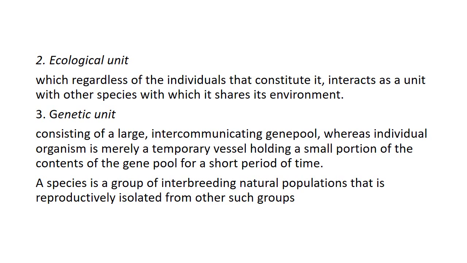We can take an example of the finches which were found by Darwin in Galapagos Island. There were 14 different species, and they had their own ecological unit because they were reproductively isolated because of the food they used to obtain. So they were feeding on different parts of the plant, and the time of the availability of the flower was different from that of the availability of a fruit. So that was the reason why every group of finches had become a separate ecological unit, which later led to the reproductive isolation,